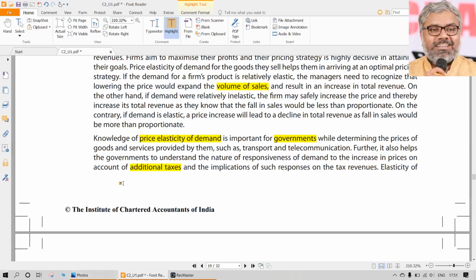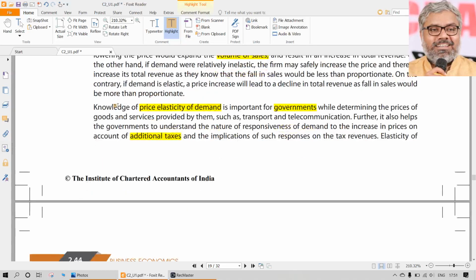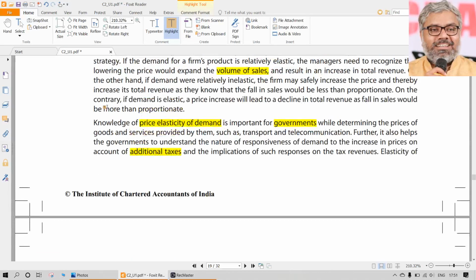Because that is once again the point. Petrol and diesel have become a necessity. If there is any increase in that, whether it is actually reflected or not, it is definitely a price elastic product because it is a necessity ultimately. So when there is a necessity, there is an elasticity also attached to that, and people will have to buy it, but at a higher price. So the point of conflict happens. The nature of the product is that it is a necessity. People should not reduce their consumption because of that, because it is a necessity. But at the same time, people cannot afford that.